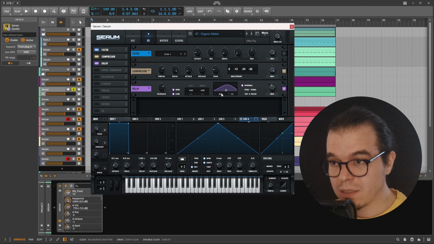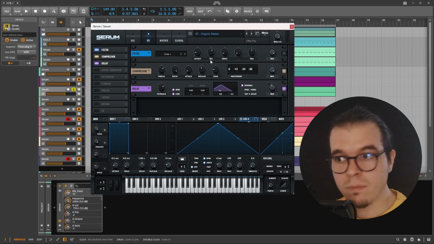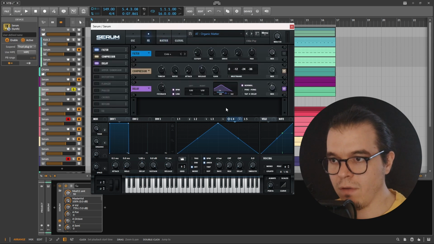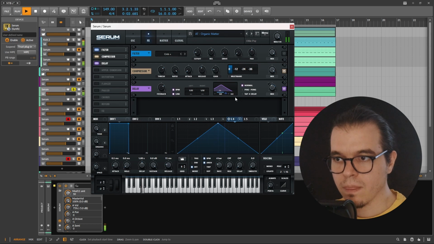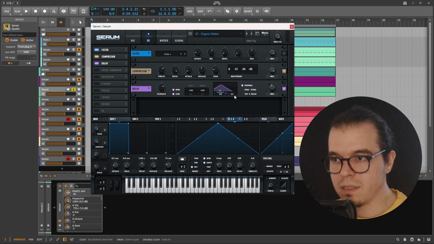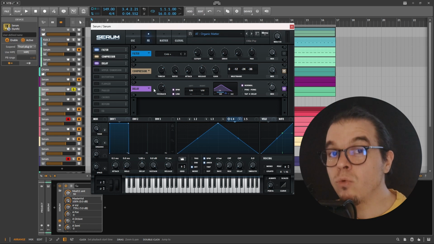Now what we can do is, let's close this filter a little bit and let's modulate the cutoff with an LFO. I'll just go to the matrix in here and set the modulation amount to somewhere like this. Like I don't want a lot of modulation. And now we have this. Pretty interesting, but we don't have a lot of resonances,